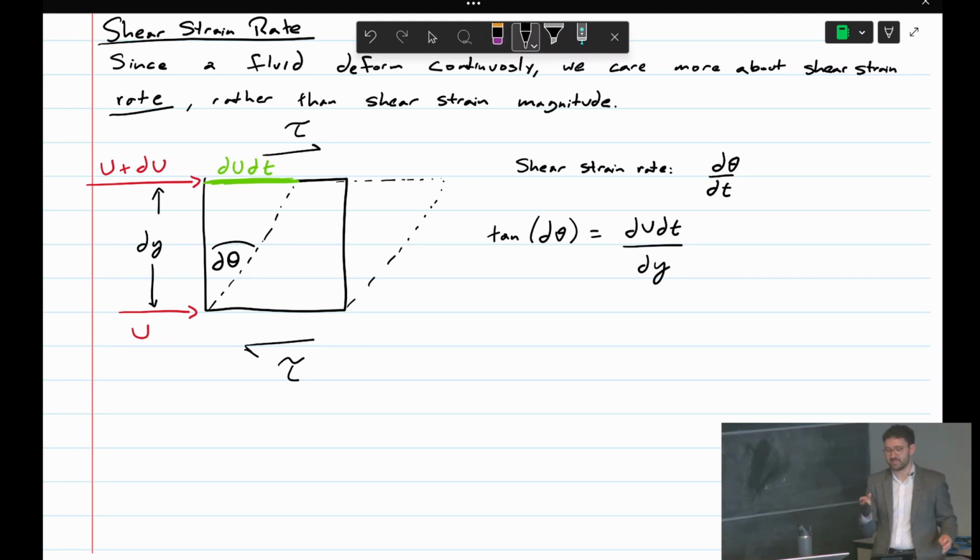Just a reminder, the d's are just here to remind ourselves that this is on a very, very small scale. This is really just geometry and velocity and distance. So there isn't really anything special happening here yet with calculus. This is just the geometry of a small fluid element, and we're putting the d's in front of everything to just remind ourselves that it's small. Okay. So if we take an infinitesimal change,